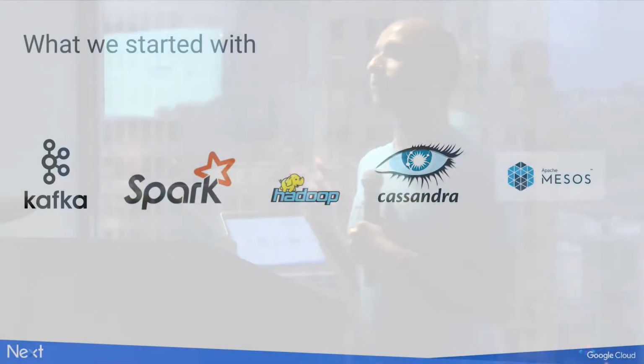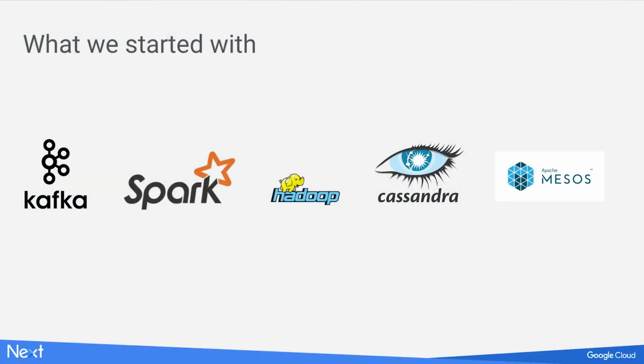So we did our homework and we went out and we found that these were the things people were mostly recommending. Kafka, a durable message queue, works very well, very performant, and it's a great product. There's a big community behind it. You can't really challenge that. Spark, lots of work has gone into it. It's based on Scala, so it must be good because no one else can read the code.